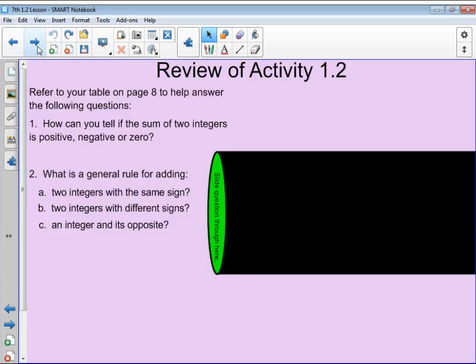First of all, we're going to go ahead and review really quick the activity that we did yesterday. We're going to refer to our table on page 8 to help answer the following questions. How can you tell if the sum of two integers is positive, negative, or 0? So if we think about how we end up with integers that have a positive number, if you look at some of your samples on page 8,